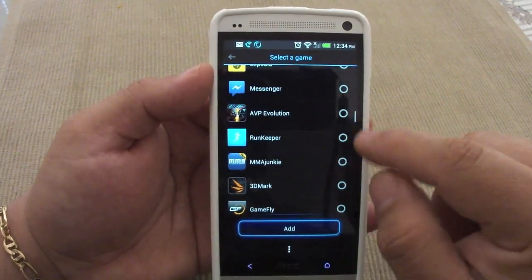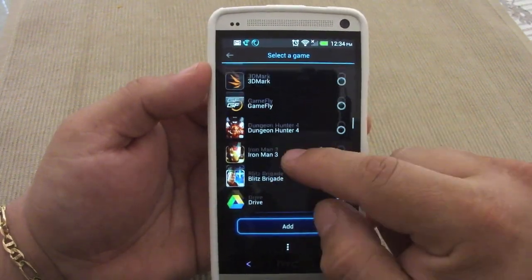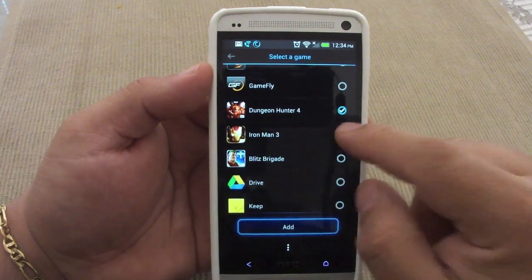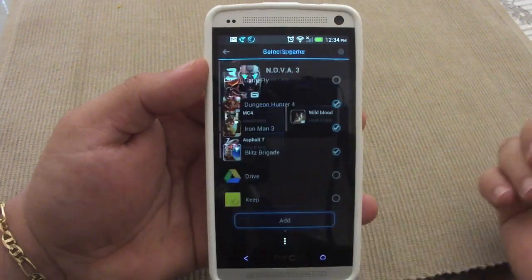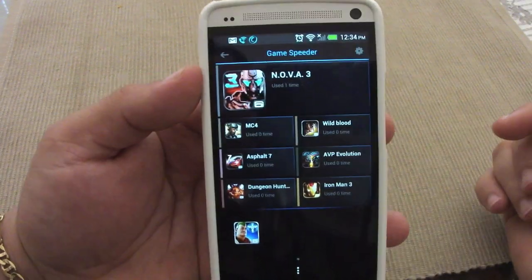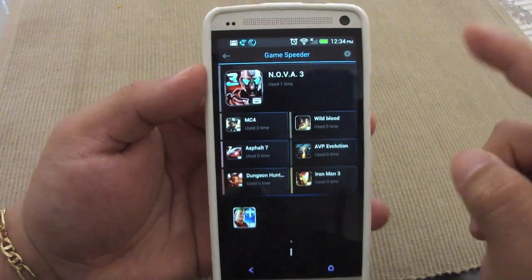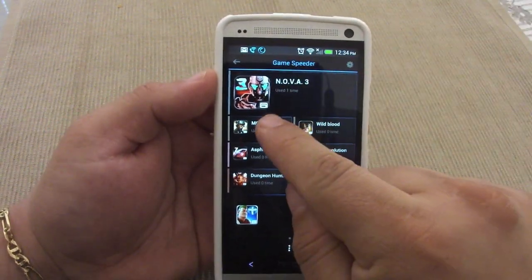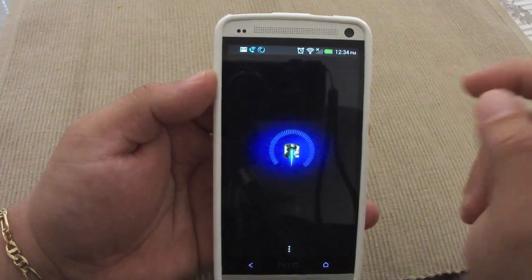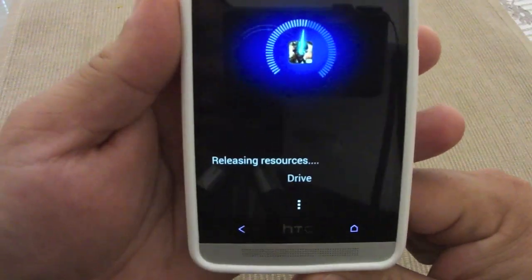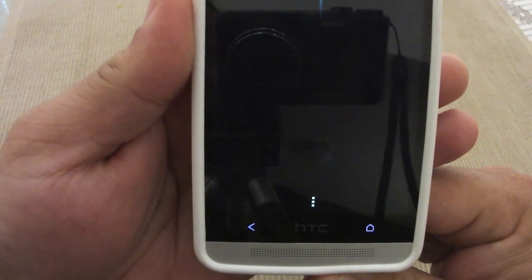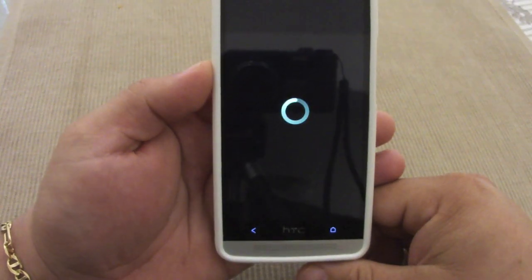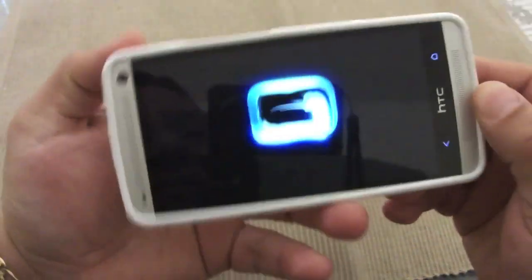For example, let me see, Alien vs. Predator, Dungeon Hunter, Iron Man, Blitz Brigade. Let's go ahead and add those. And now, like you can see, now those games are added. But a great feature of this is, for example, let's go ahead and click on one of them. And when you click on one of them, look at this. It is automatically optimizing your phone to play the game. As you see right there,